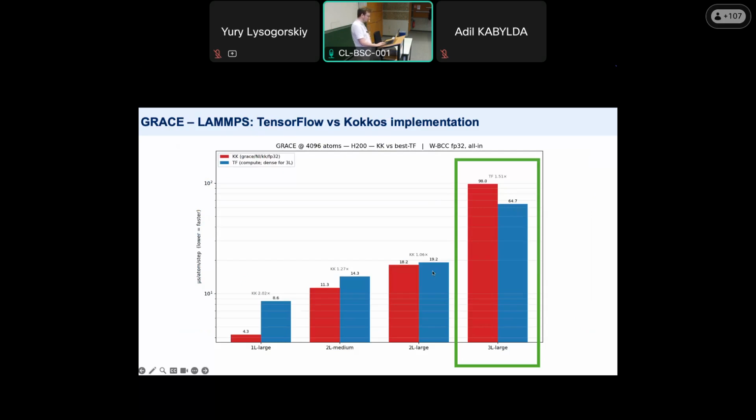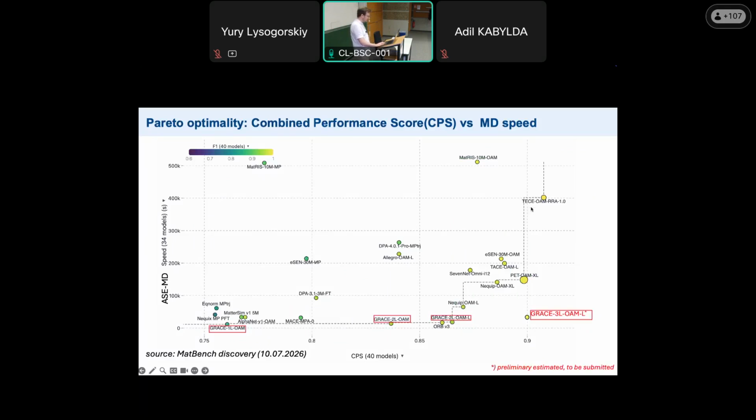For two layers that was 20, so this is 3 times slower, but still quite performant, which, if we come back to the original Pareto front that I showed at the beginning, brings us somewhere here. So this is the sweet spot of this Pareto front, combining this CPS, combined performance score, on 3 independent tasks: geometry, phonons, and convex hulls. And what they do have on this MatBench is ASE MD for some 17 systems as of now.